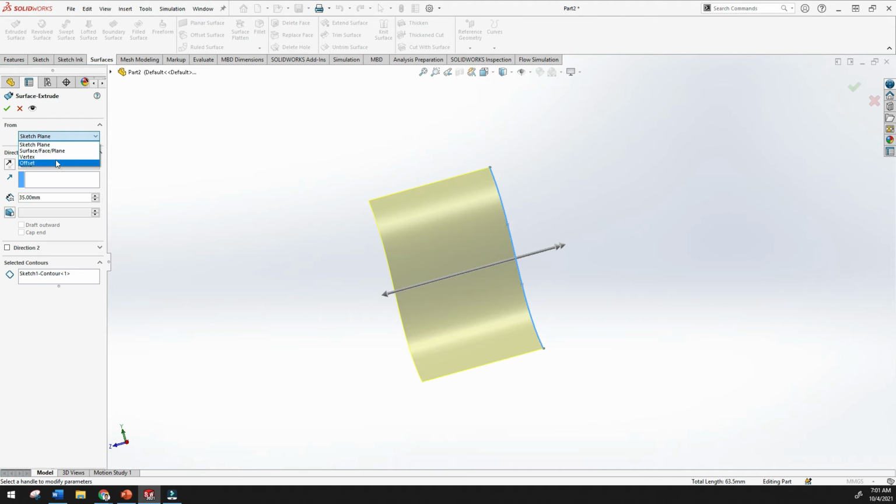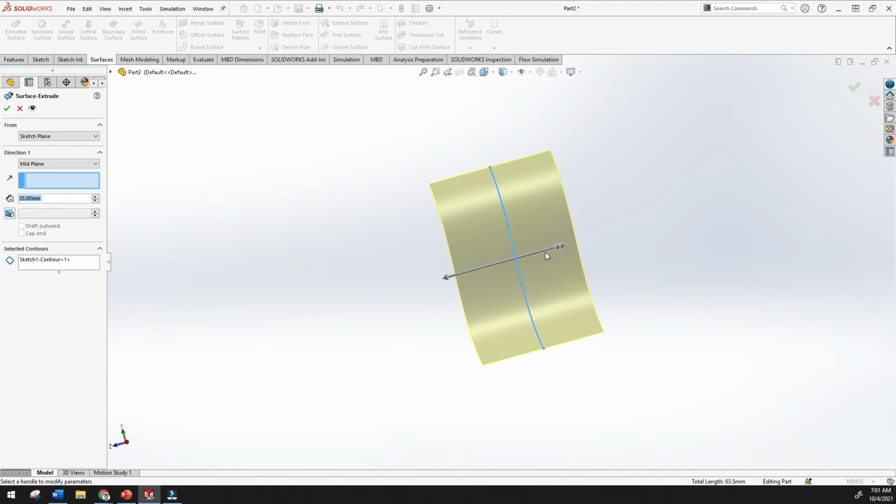You can see these features: from and direction, up to vertex, up to surface, offset from surface, the same features you have already seen in the features. Extruded boss has the same features, no need to explain again. And if you want to create mid plane, both sides will be created like this.